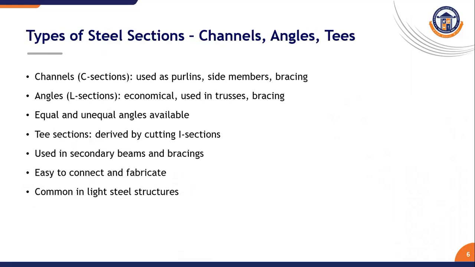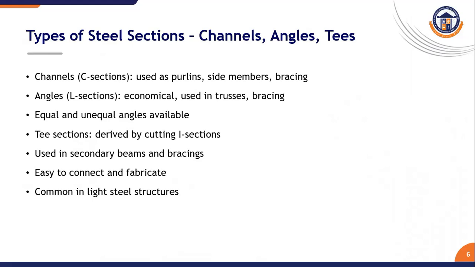Types of steel sections. Steel is available in various standard rolled sections, each designed for a specific function. I sections and H sections are commonly used as beams and columns. I sections are used effectively in buildings, while H sections with wider flanges are preferred for columns and heavy loads. Channels